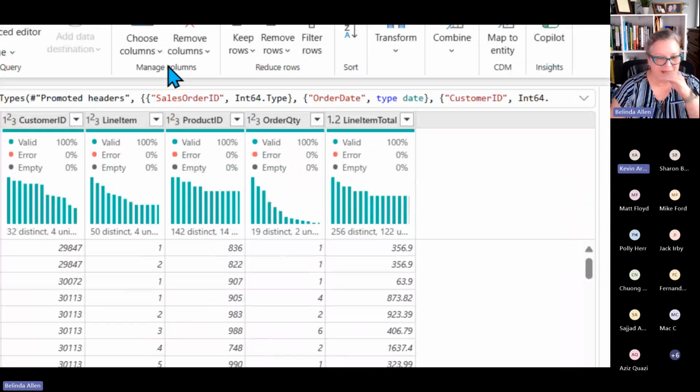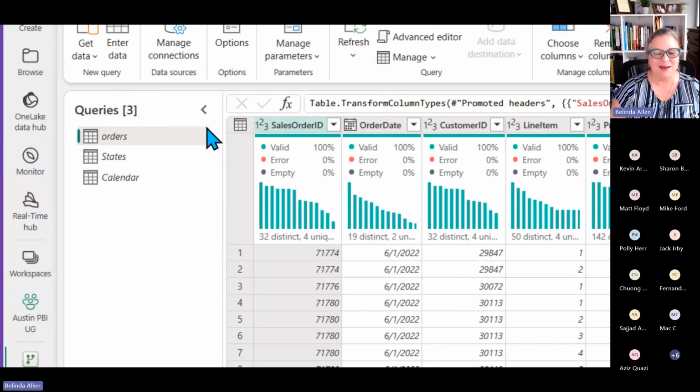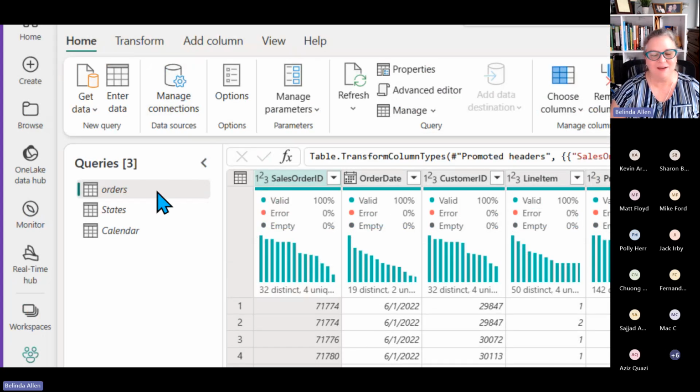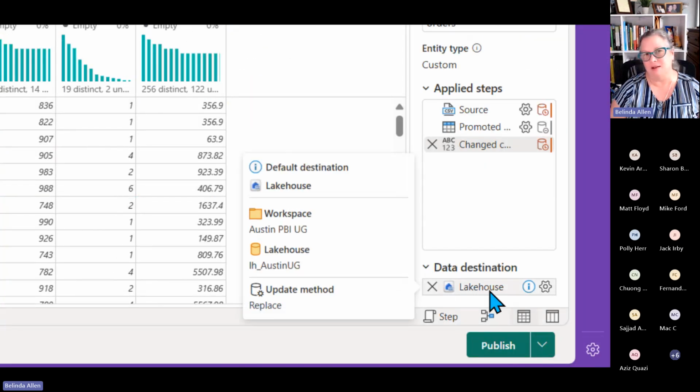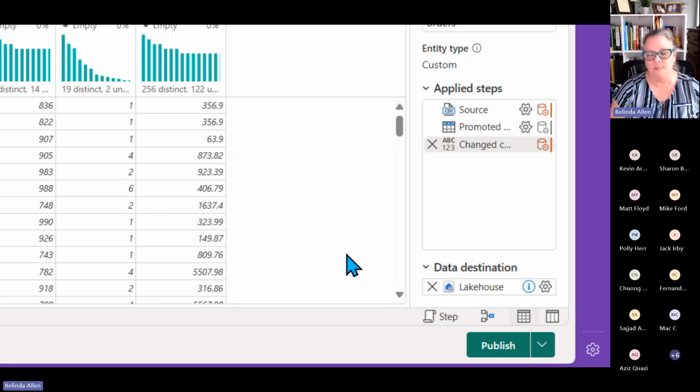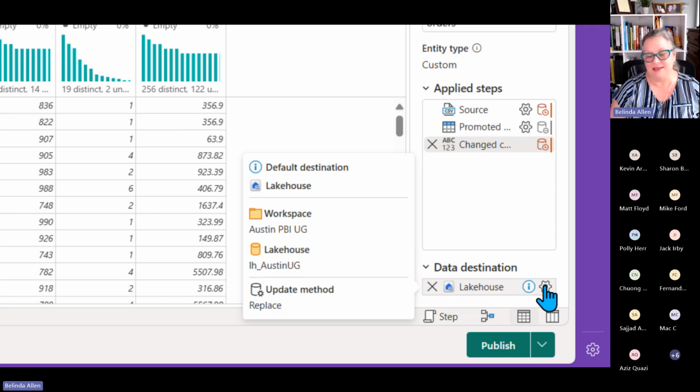Okay. So we have that. I appreciate that, because that one's always something I'm like, okay. So we have orders over here, and we have to tell it where to put the data. So right now it thinks, oh, we were in a lake house when we started, so it must be in a lake house, but it doesn't know. It's got some assumptions there, but I guess that's probably enough to leave it. We don't have to actually do anything.